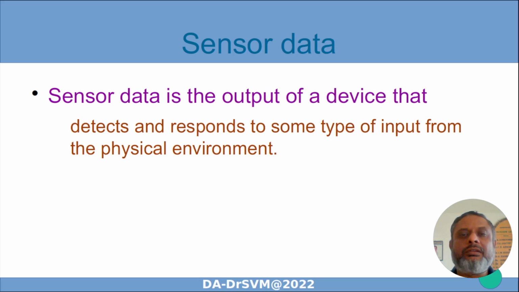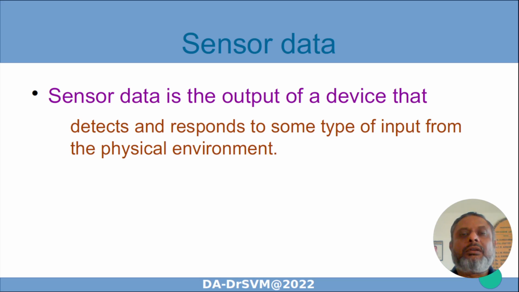To study it, we need to measure the parameters, and for measuring the parameters, we need to sense it. So these are the data which are generated after sensing the physical reality, and for doing that, we do require